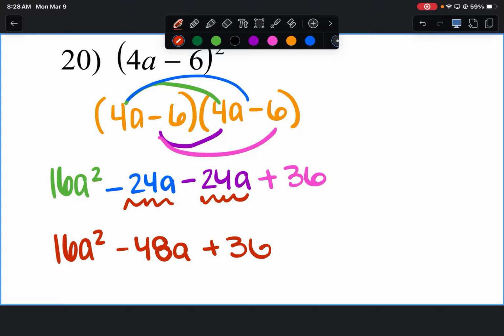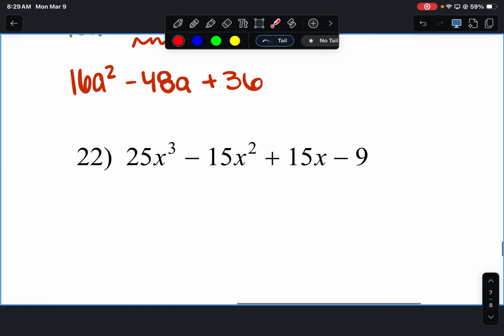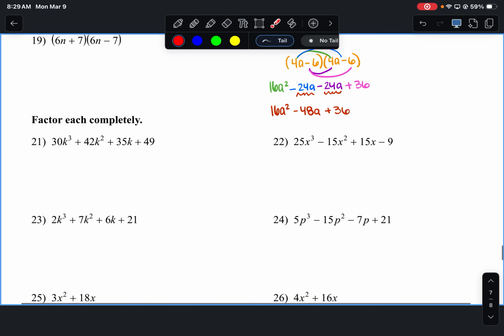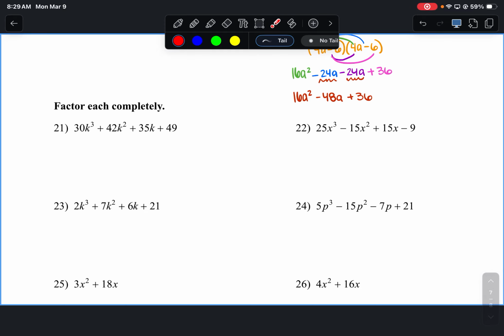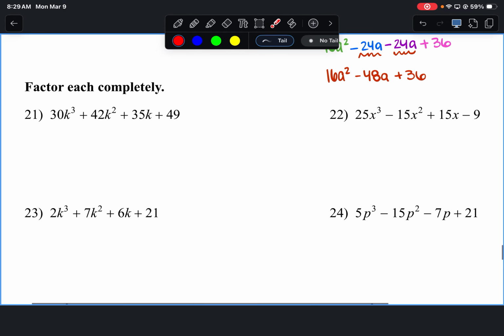That is actually something called a perfect square trinomial, which means that it is the same thing squared. All right. Question 22 starts our next section. We are factoring each section completely. Remember, when we start factoring, we always first check for a